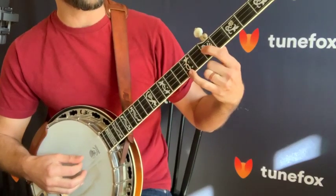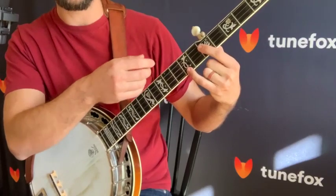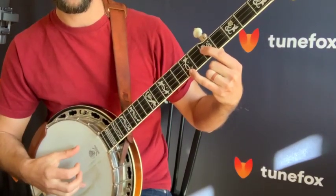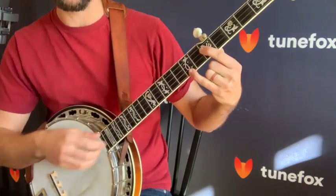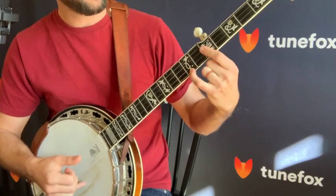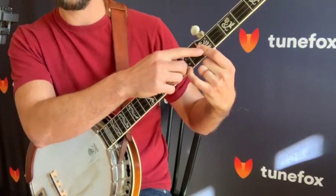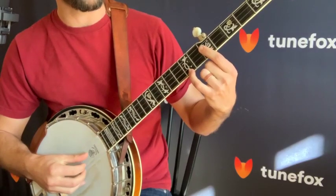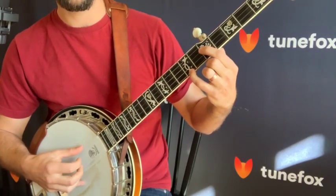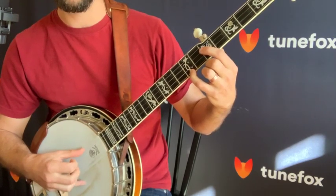So it starts on the C chord, which for me, I was thinking about how to make this a chord melody. So I'm playing this melody note. This is an A, and I'm playing that note with it, which is a C. So I'm trying to outline the chord as best as I can. And you can play like that with this finger barring on the 5th fret, but I really like the sound of just the C and the A together. And then you go into a melodic descending scale, which is